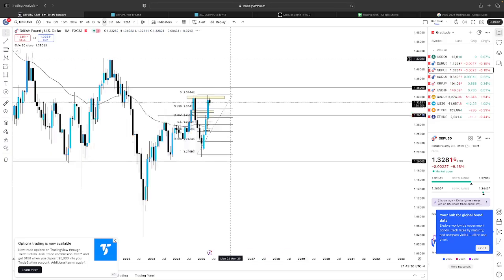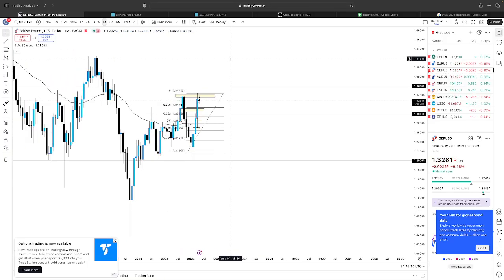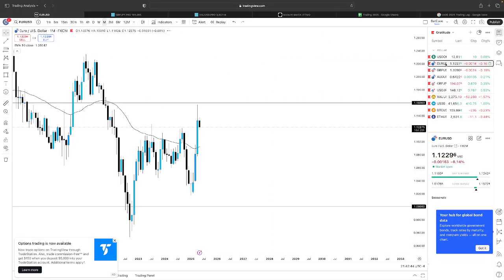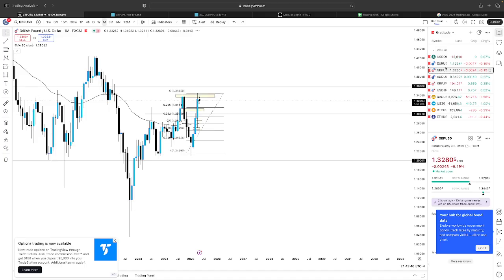So if you were to go on to the monthly time frame, price action has created a bearish doji candle just like it did on the lower time frames, on the monthly time frame for euro, as you can see here, and now has created a 38.2% retracement of 1.30,